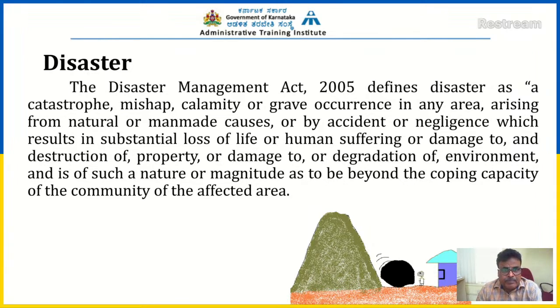Hazards could be even a heavy rainfall leading to flood, an earthquake-prone area leading to earthquake, or any industrial establishment or chemical industry leading to chemical disaster. Any such phenomenon or situation that could lead to a dangerous situation to the community there around, or may damage the properties around that place, could also be called a hazard. So let us see the definition actually.